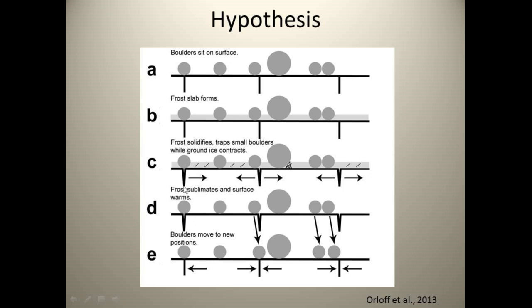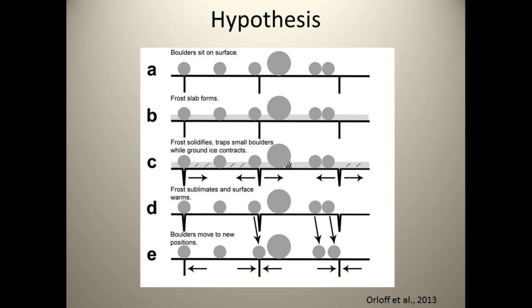So this boulder, which was in a crack, never moves. This boulder, which was in the middle, would be stuck in the middle since all of the contraction and expansion happens from that point. But near the cracks, when we expand, we reach new locations. So this boulder would have fallen into the new trough and have a new location. This boulder I show here is too big to be trapped in the ice. It crushes the ice, and so it stays in place. This is a prediction that I hope to test. And these two boulders both move closer towards their polygonal edges.